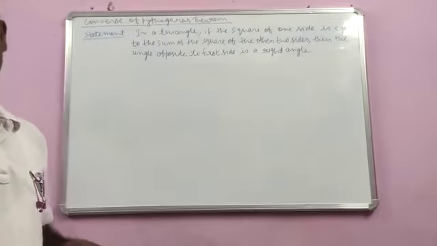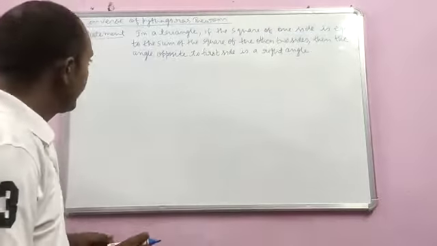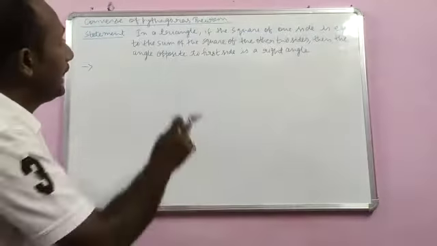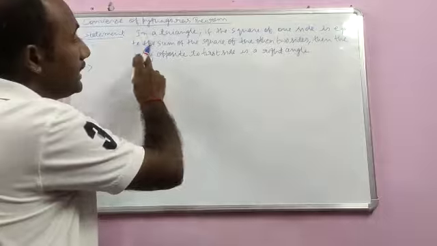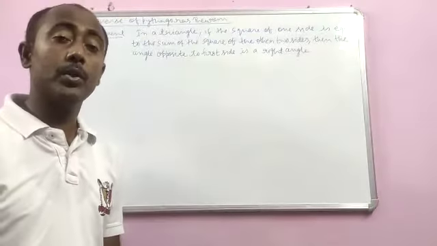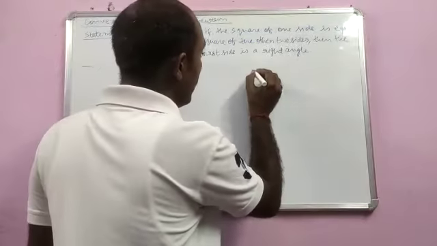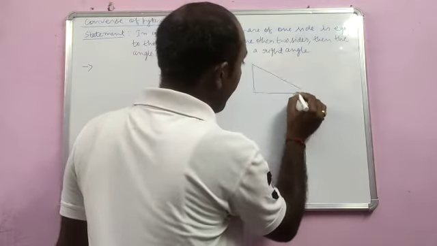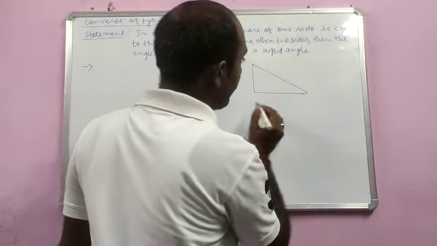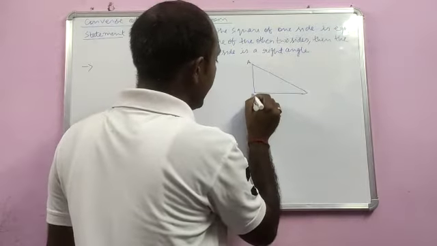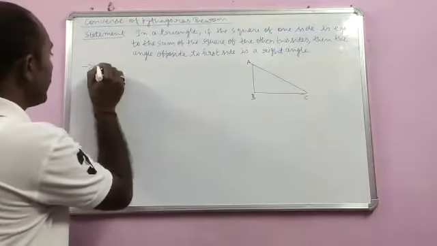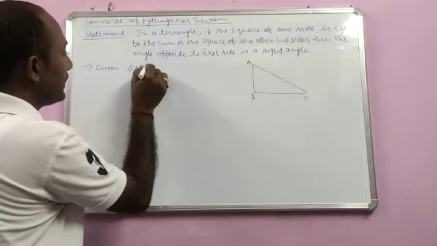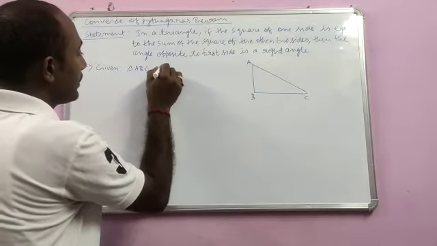Let us now go for the proof part of this particular theorem. So first we will draw the diagram by going through the figure. In a triangle, if the square of one side is equal to sum of the square of the other two sides. So we draw a triangle here. Let us name this triangle as ABC. So given is triangle ABC in which